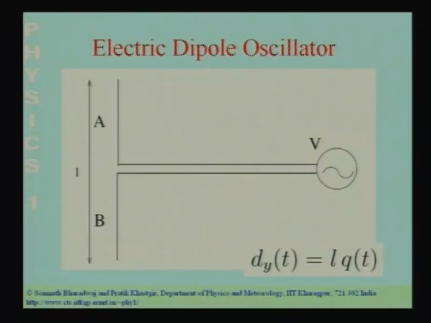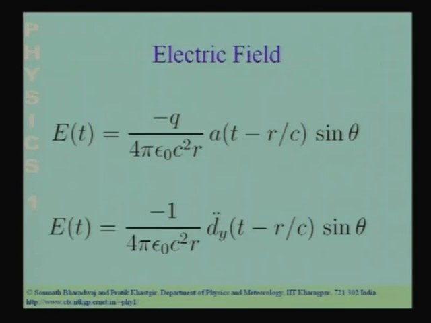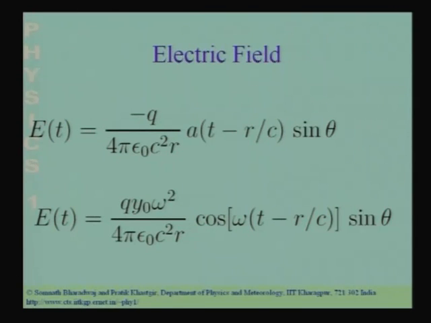So, all of these expressions have their utility depending on the situation that you are analyzing. A point which I should make here is that if you look at the expression for the electric field in terms of the dipole moment or in terms of the acceleration, then the electric field depends on omega squared. So, if you double the angular frequency, the electric field will go up 4 times, and this is true if you maintain the amplitude of the displacement, or the amplitude of the dipole moment, fixed and double the angular frequency.